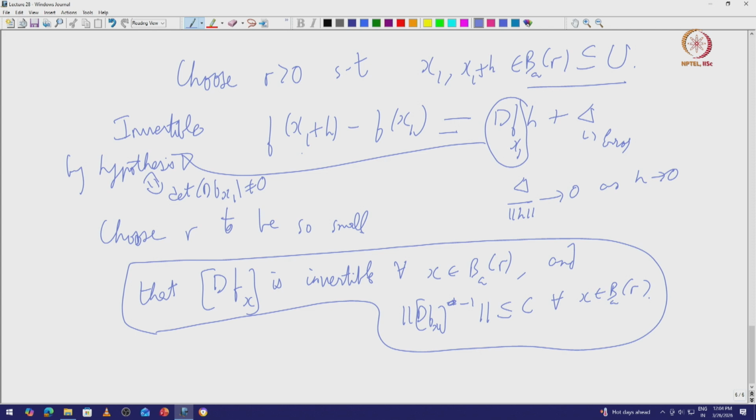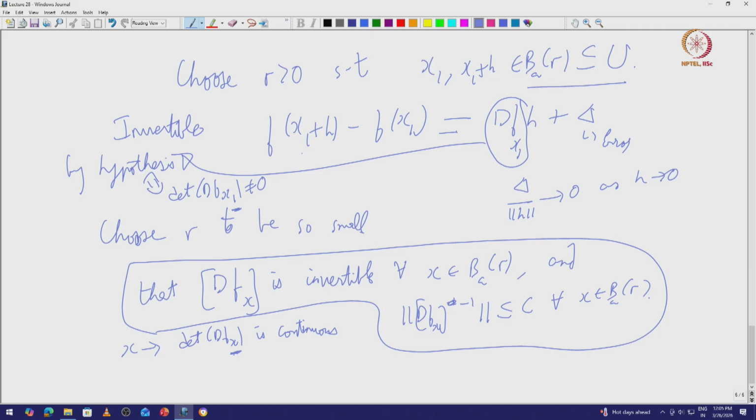So in other words, this function is continuous too. Why is it continuous? Because it's a composition of two continuous functions. We've already assumed that the derivative matrix is a continuous matrix valued function of x. That's the assumption of being C1, by the way. And the determinant is a continuous function of matrices. The composition of these two is a continuous function. And therefore, if the determinant of df at x1 is non-zero, it continues to be non-zero as long as x is close enough to,